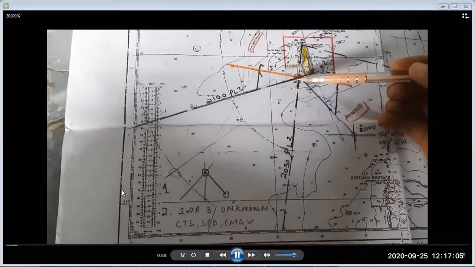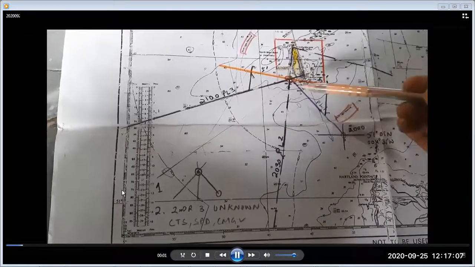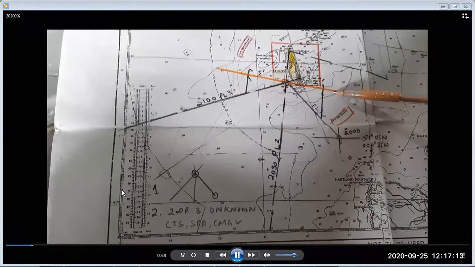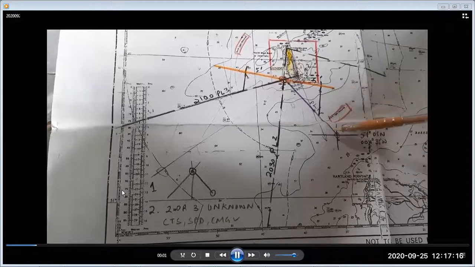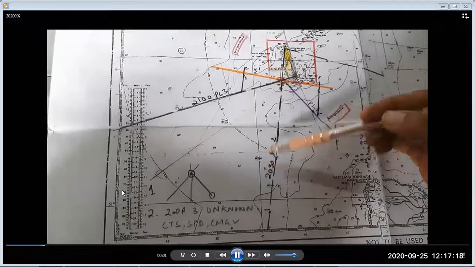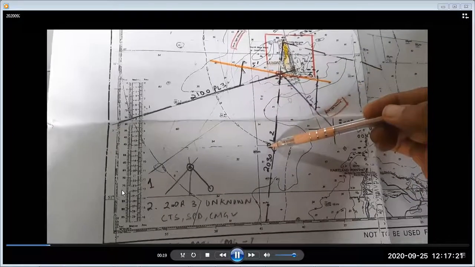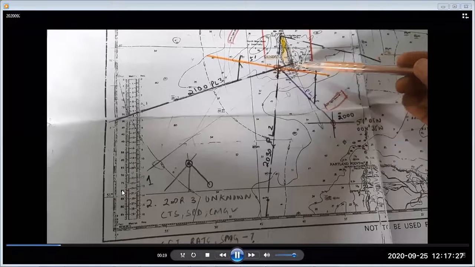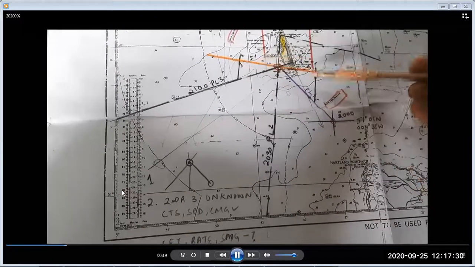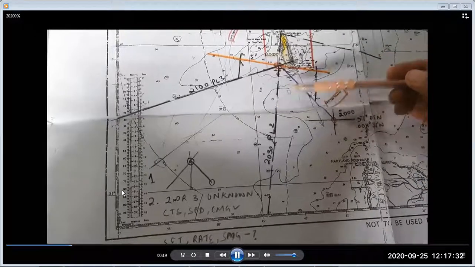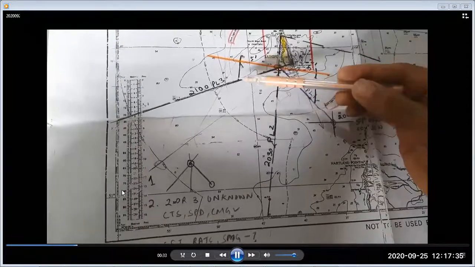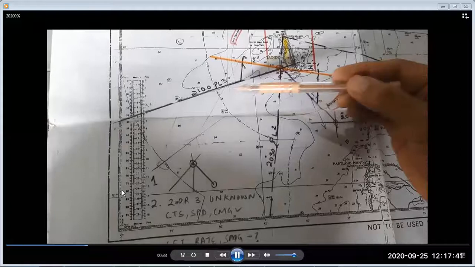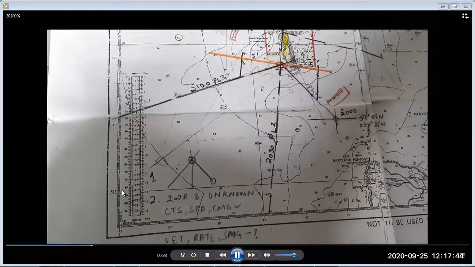And after getting the common intersection point, we draw a line perpendicular to the middle bearing, that is this orange line, and with equal intervals. So here the interval is 2000 to 2030, half an hour, and this is half an hour. So we can take any scale. Here I have taken 5 miles, so from here to here I cut 5 miles, and here also 5 miles, and I make a line parallel to the second PL from here and here, and wherever it cuts these 2 points we join to get the course made good.